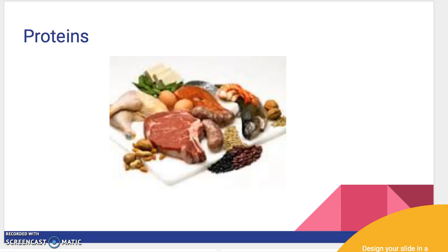Proteins. Protein's main role is for growth and repair, however it can also be used as a secondary energy source. 15% of our diet should be made up of proteins. 1 gram of protein is the equivalent of 4 kilocalories of energy, and this is only as a secondary source of energy, so if you use up all of your fat and carbohydrate sources, your protein energy sources will be